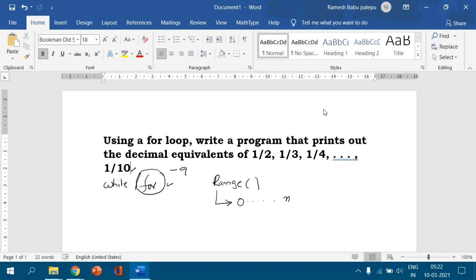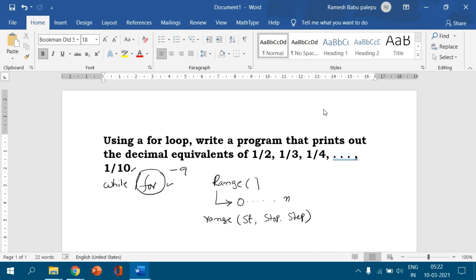The syntax of the range function is range with a starting number, a stop number, that means the ending number, and a step. This is the standard form we write for the Python interpreter.